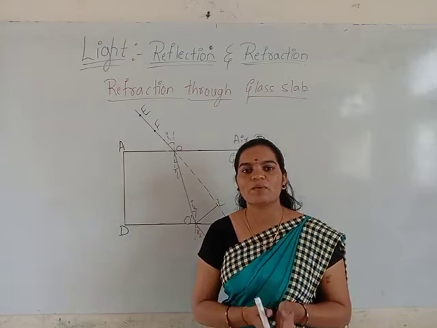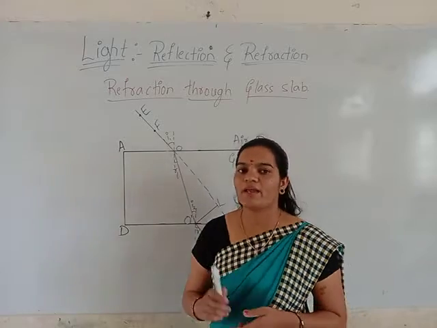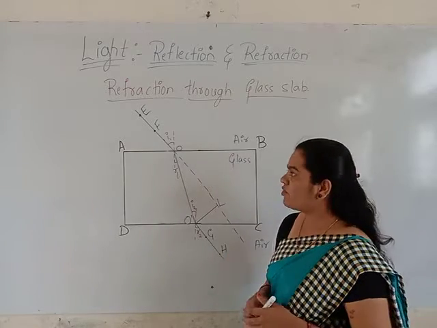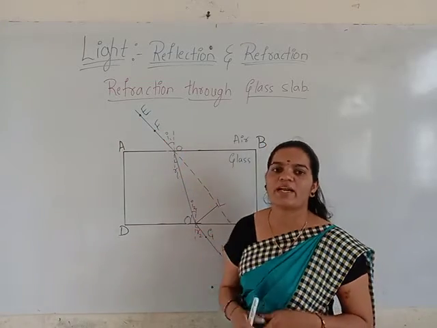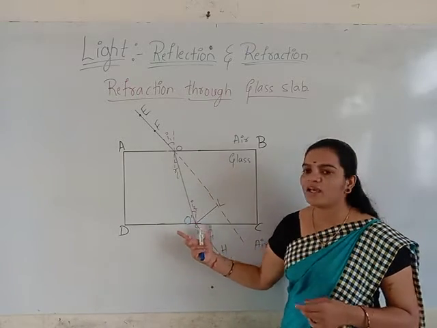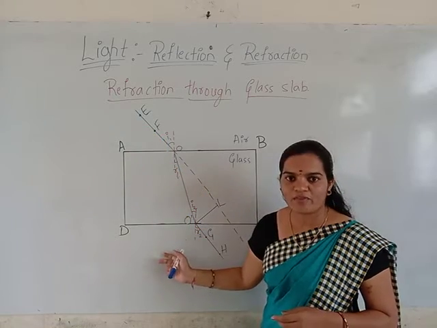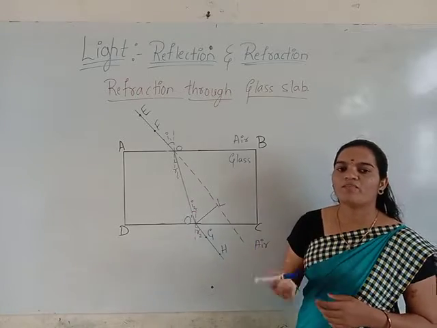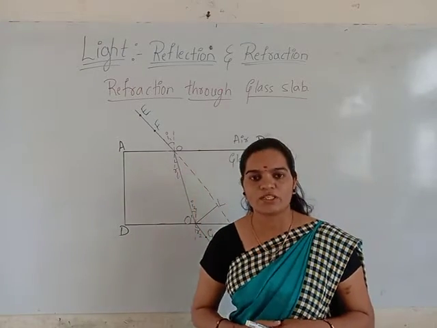We have taken a rectangular glass slab, kept it on a white sheet, then marked the outlines and named those outlines as A, B, C and D. After that, we have taken 4 pins. Among those, 2 pins we have kept at the positions E and F. Then taking the other 2 pins and looking from the second face, we have marked those 2 pins as G and H here. After that, we have taken out the glass slab and removed all the pins.